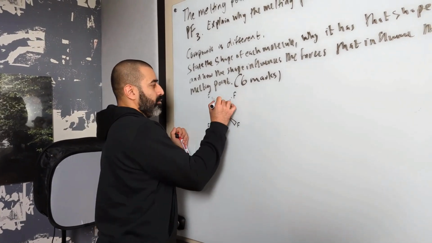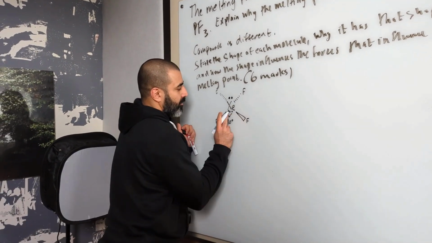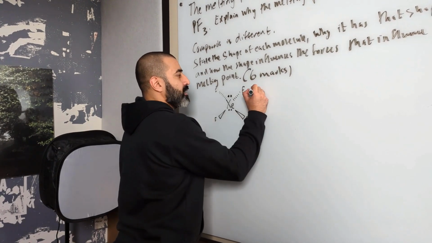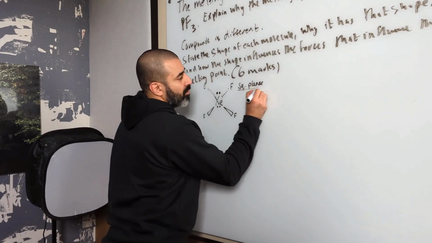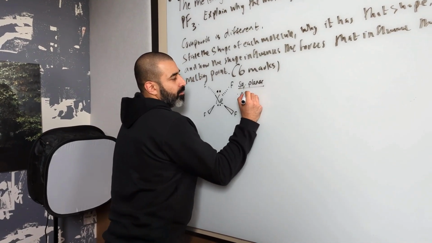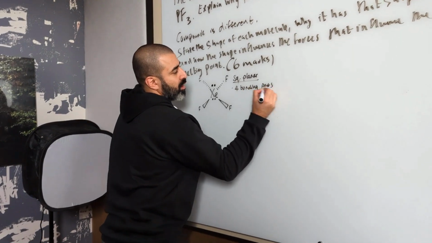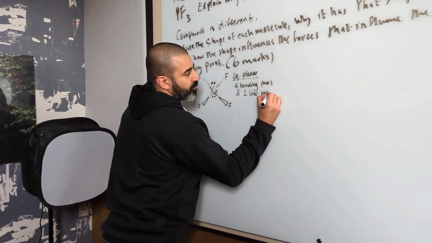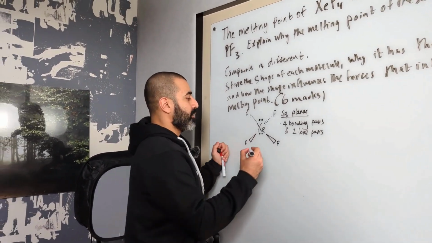You're also going to have a lone pair here and a lone pair there. It's not asked for the bond angle, so I'm just going to take those out for clarity. And this is square planar. So I'm just going to write down 4 bonding pairs and 2 lone pairs. This is symmetrical, so there is no